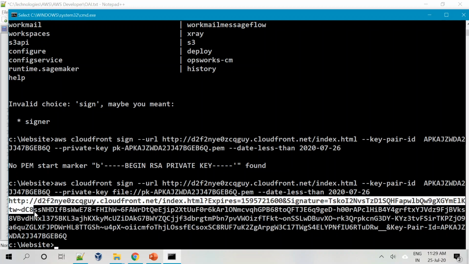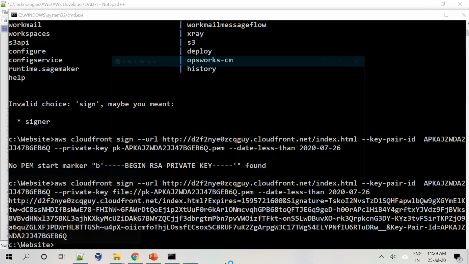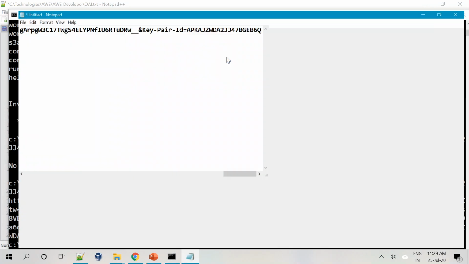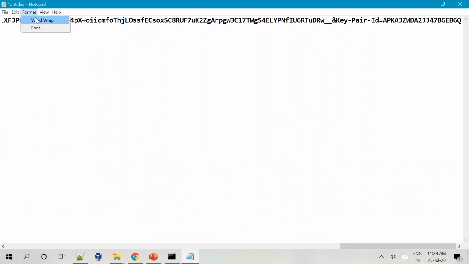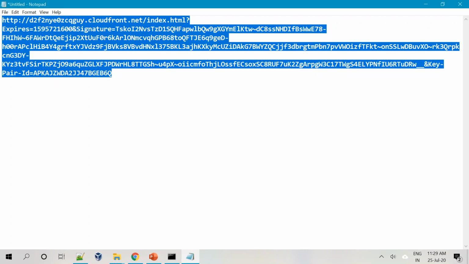I'll copy this entire URL and let me just put it on a notepad. I'll say word wrap. You see, this is the entire URL, and this URL will be valid for the next 24 hours. We had said not later than the 26th, right? So it will be valid only for today.